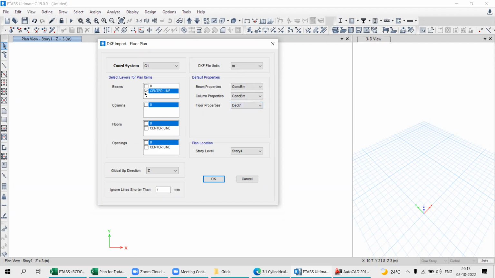The important thing is what? This thing and story level. At what level do you want to import: first, second, third, fourth? Four levels are there. Story 1. Okay, story 1. This is done. Let's say simply OK. Once you click over this OK,